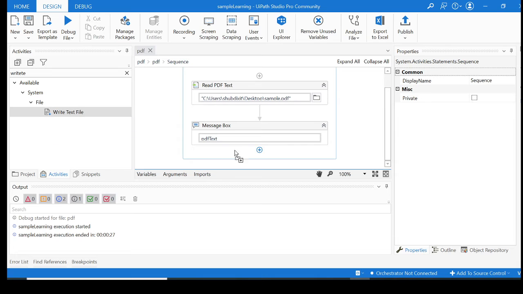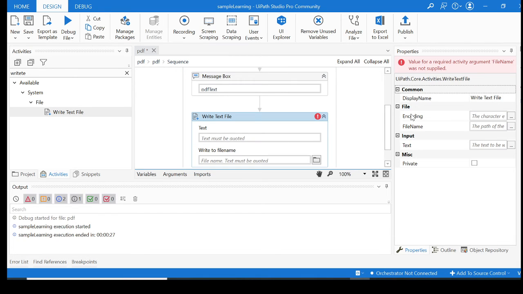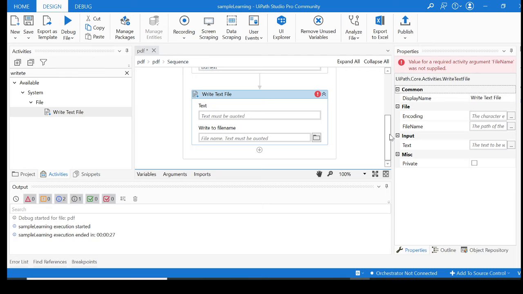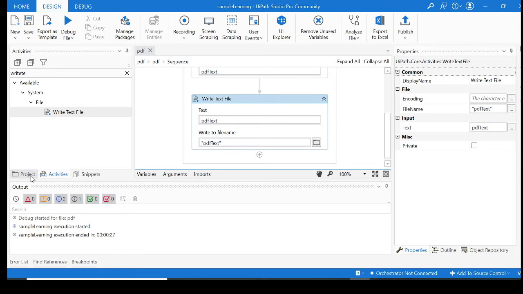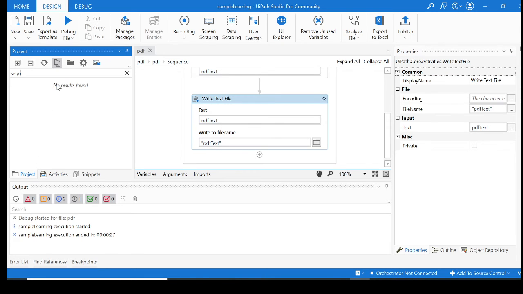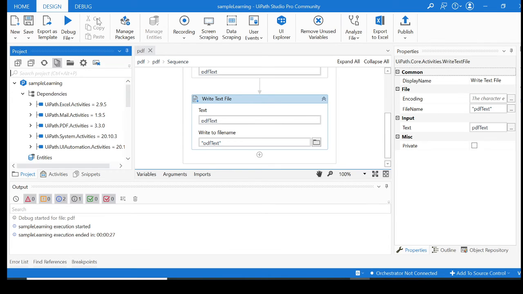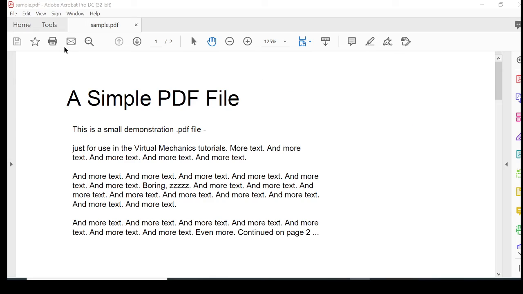See, this is the option you need to use. You need to drop it over here, and it asks in what file. So what is the text? Text, again, I am gonna paste this variable. Now it is asking you the file name you want to give. It says file name must be quoted. So I'm gonna give the file name as PDF text, right? It is gonna generate a file under this folder. So let's run it and see whether that works out for us or not.